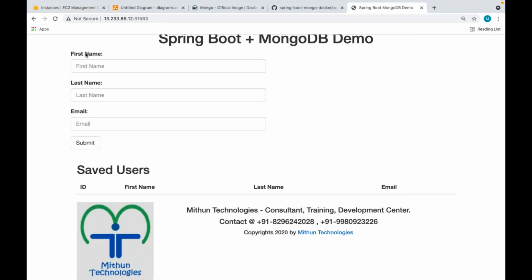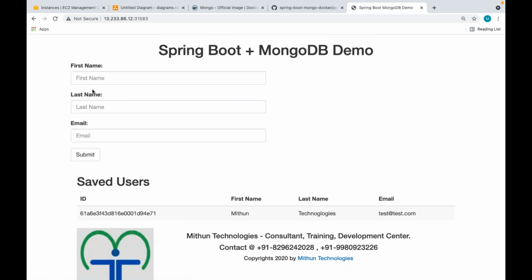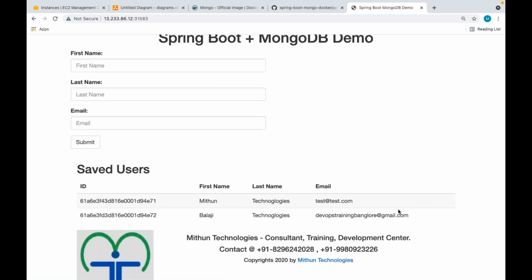Now, is this application running as a pod in Kubernetes? Is this application running as a container within a Kubernetes pod, within the Kubernetes cluster? Yes. Now this application is going to talk to the database. Whatever data I'm inserting in this application, where exactly is this data getting persisted, which we already know? In the database pod, right? In the database.